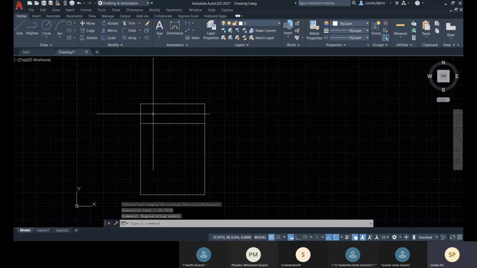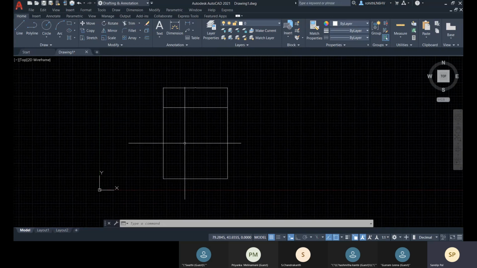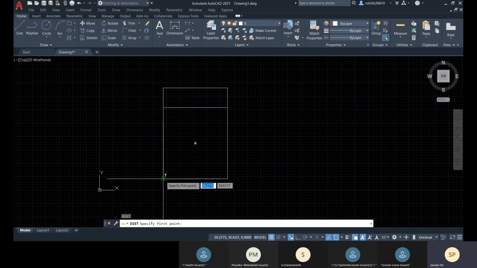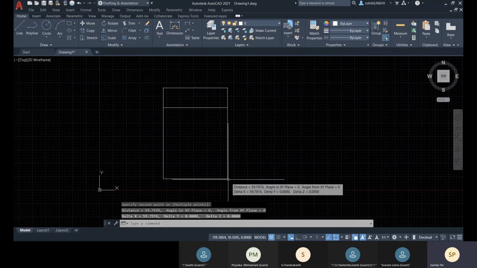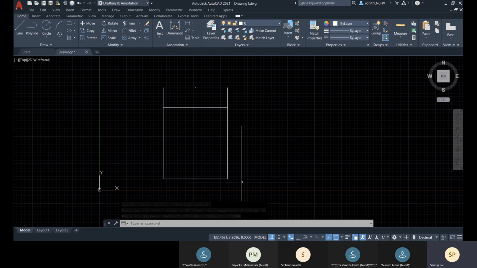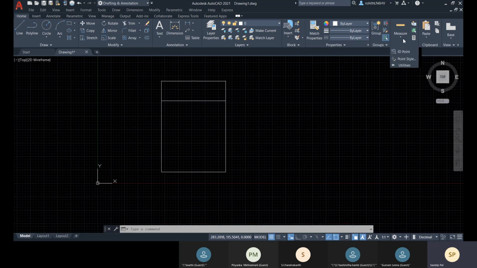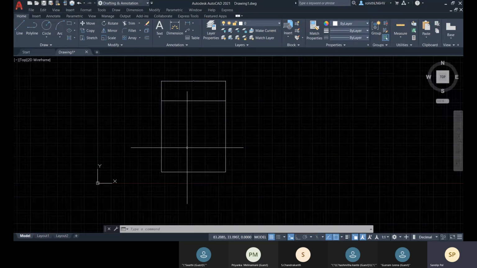If you only need to check the dimension and don't want to show it, type DI for distance and check point to point. It will just show you the dimension and will not place any dimension within the drawing. Whenever you need to show, you go with this dimension; whenever you need to check, you go with measure distance, or DI as a shortcut command.